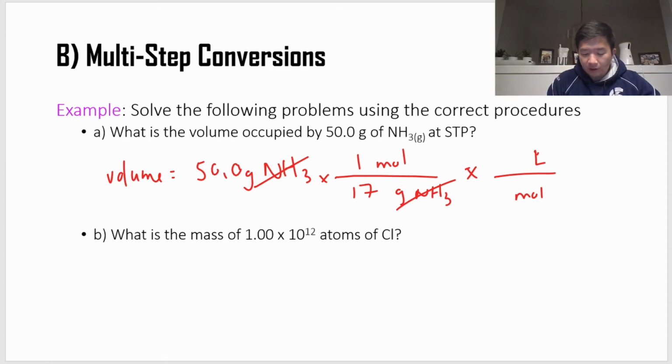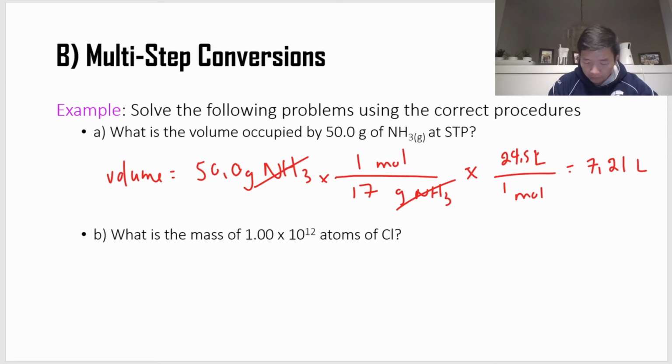Okay, so 50 grams of NH3, we've converted that to moles. Now we need to go from moles to volume at SATP. So we know that at SATP I have 24.5 liters per 1 mole. And if I punch it in my calculator, 5 divided by 17 times 24.5, I get 7.21 liters, I should say,